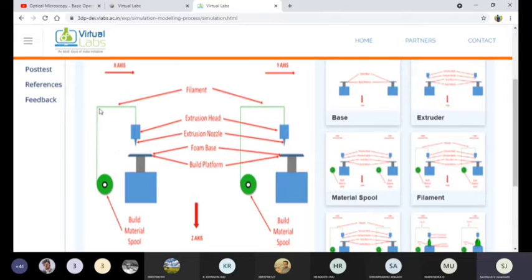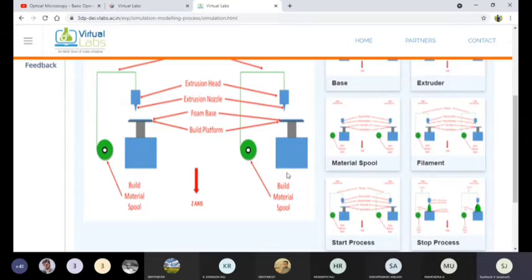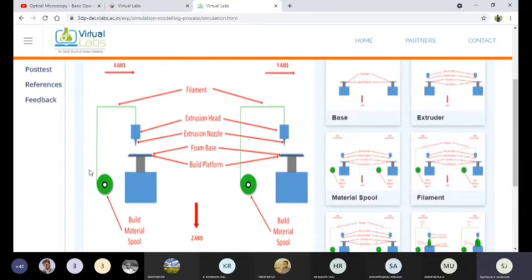Sometimes we use a tensioner here or here, which continuously pulls the fibers from the spool and passes them to the extruder, or the extruder directly pulls the filaments from the spool, on both sides. So this is the filament.